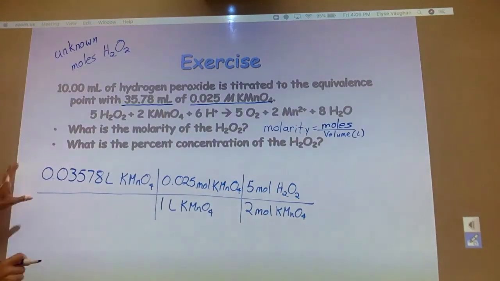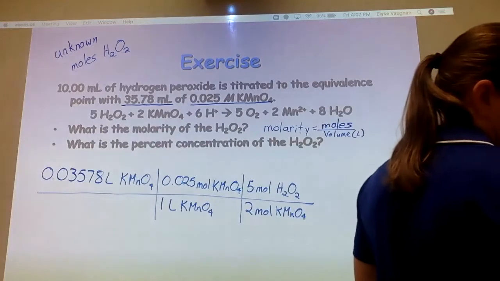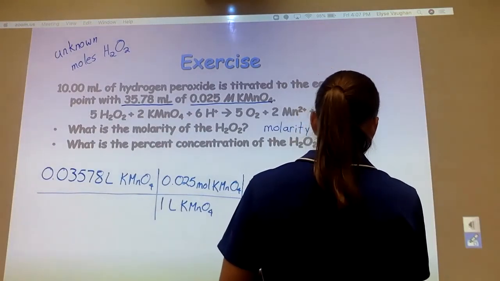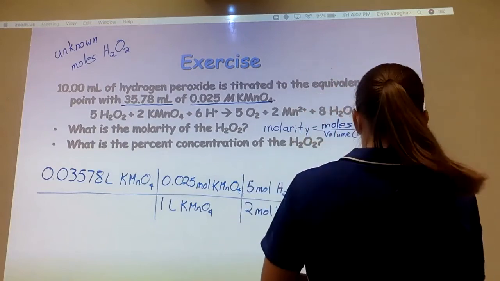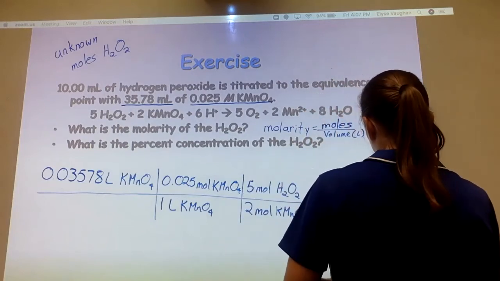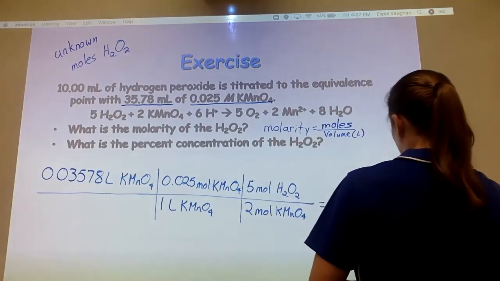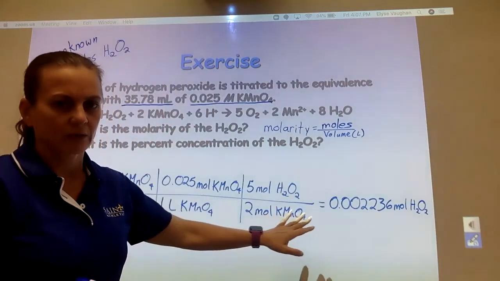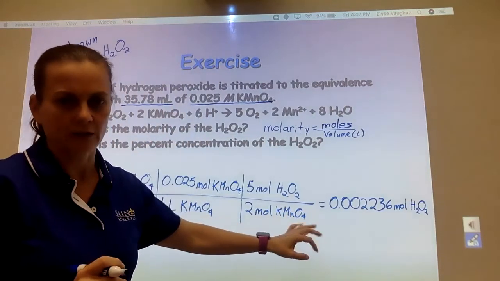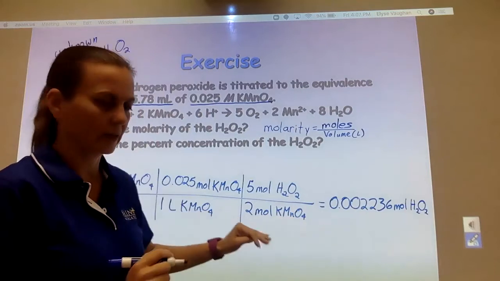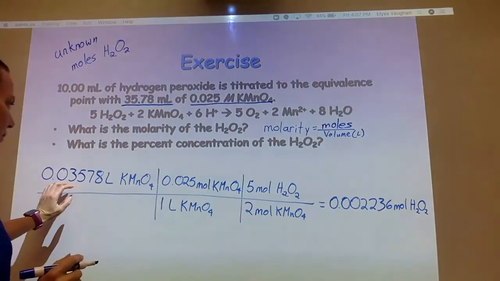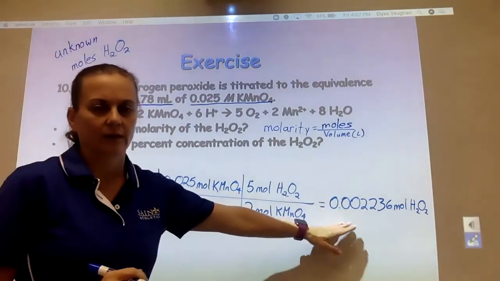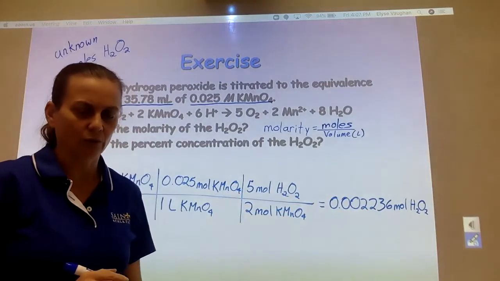And so we can work this whole problem out and we get 0.002236 moles of hydrogen peroxide. Okay, so that's a lot of zeros. This is why I usually don't convert to liters, but again, totally okay. So we have the 0.03578 liters times the 0.025 times 5 divided by 2 gives us 0.002236 moles of hydrogen